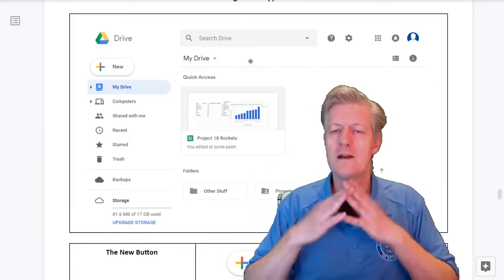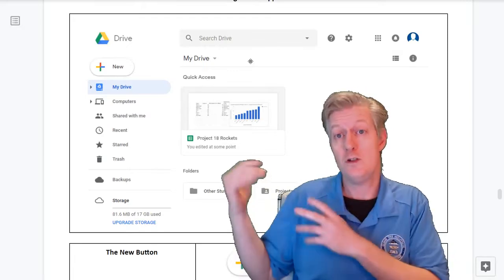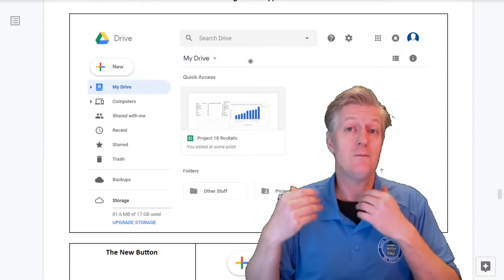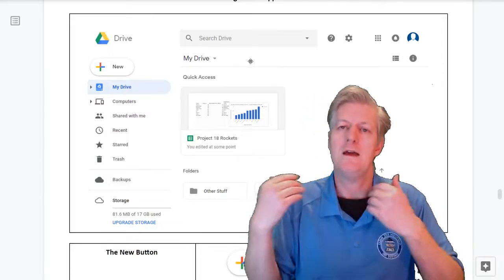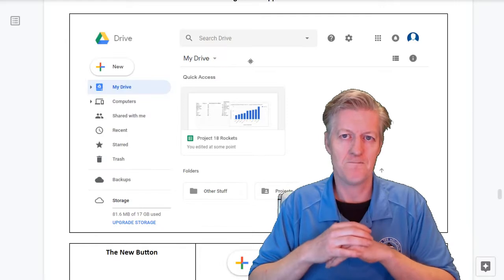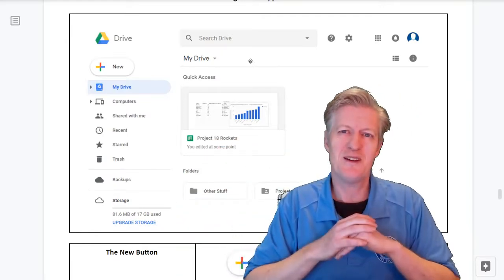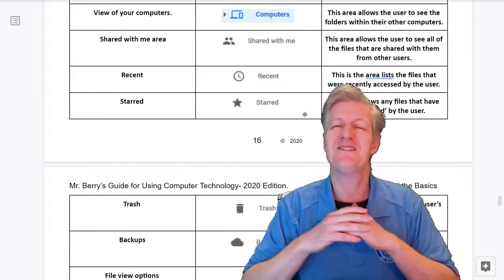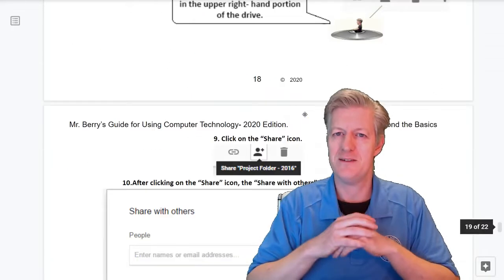So you say, well, how can I use up space inside my Google Drive? Well, if you upload photos to your Google Drive, it'll count against you. Also, if you upload Microsoft Word documents or other types of files or programs, it'll count that space against you. And there are many different skills that we cover in lesson number 2. If you need to see it, there's the link above me, and go ahead and click that if you need to go over just beyond the basics.